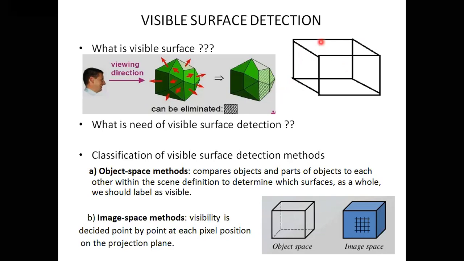Why should I send all these four vertices and all these face information to the display, because anyway it is not visible to me? Only these four vertices and this face are visible to me. So it is enough if I just send these four vertices and this face information to the output device. There is no need of sending the other vertex and face information from the frame buffer. Anyway, it is not visible. Okay, that was the intelligent part of what the researchers thought, and that gave rise to visible surface detection theory.